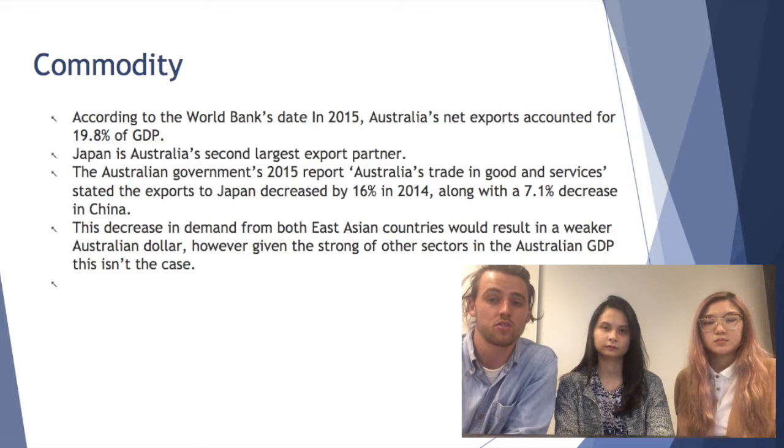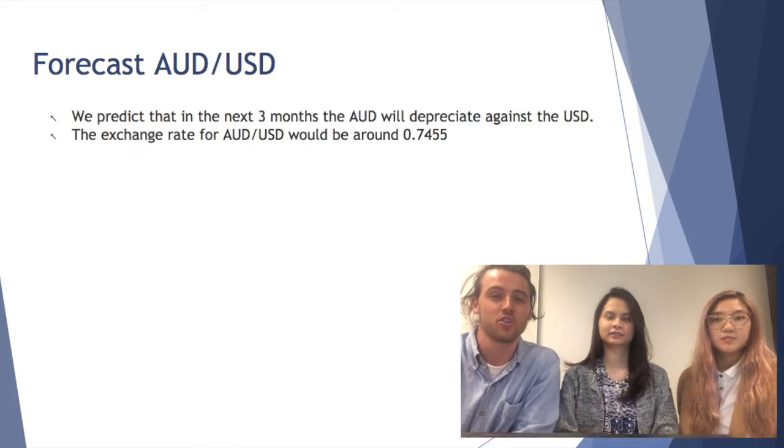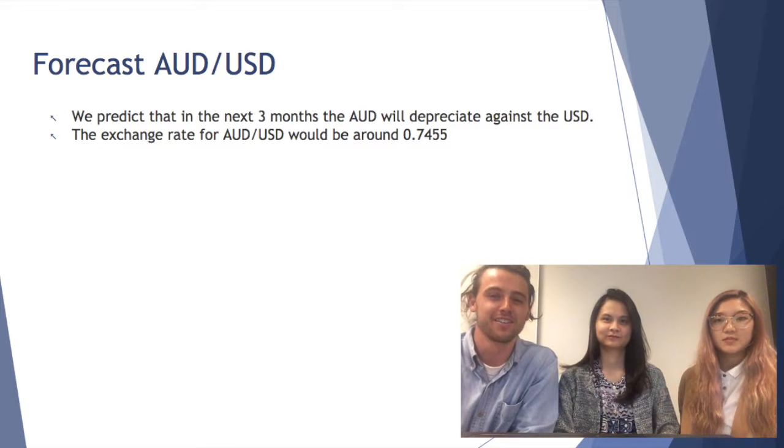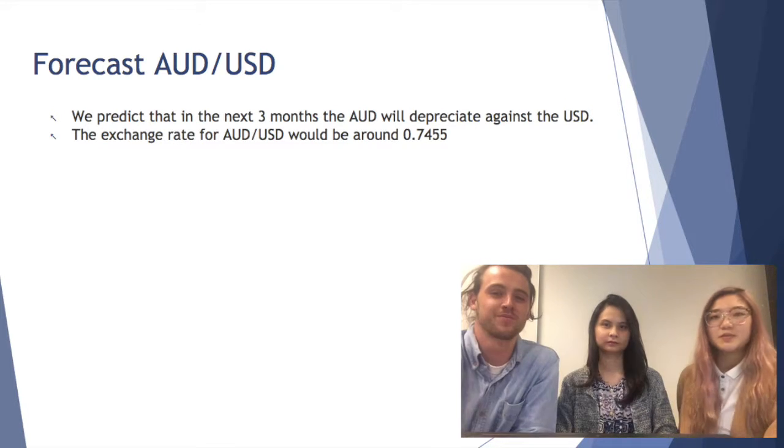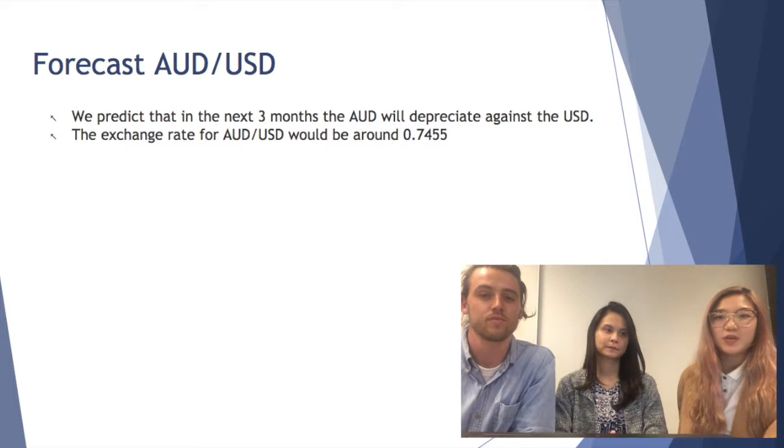Australia's Trade in Goods and Services report in 2015 stated that growth in the 2014 to 2015 period increased by 19.3%. This increase in demand shows promising signs for Australia. Based on all the indicators previously stated, it is predicted that in 3 months' time,